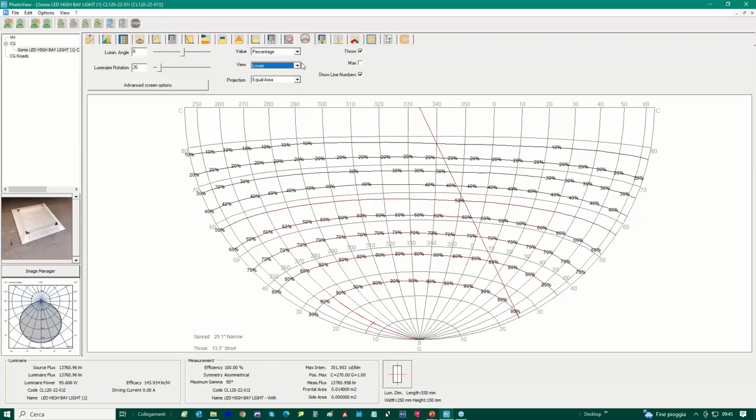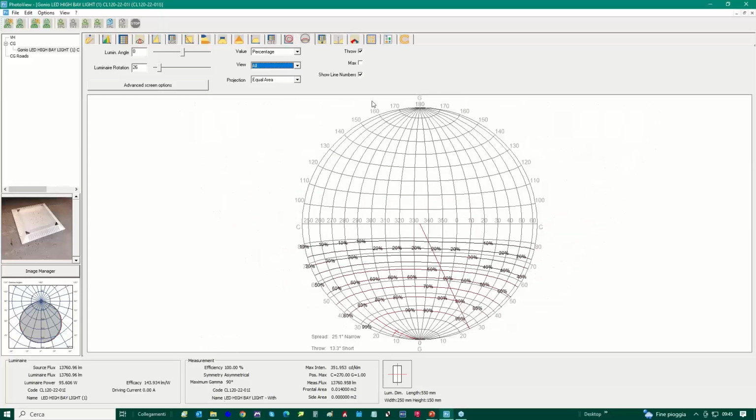So for example, in this case, the photometry being only downward, you can have the flux only downward. And so it is not necessary to visualize also the upper part. But if you have a luminaire also emitting in the upper part, it will be interesting also to show that. So you can show over here the throw, down here the value. You can show the maximum, and you can show